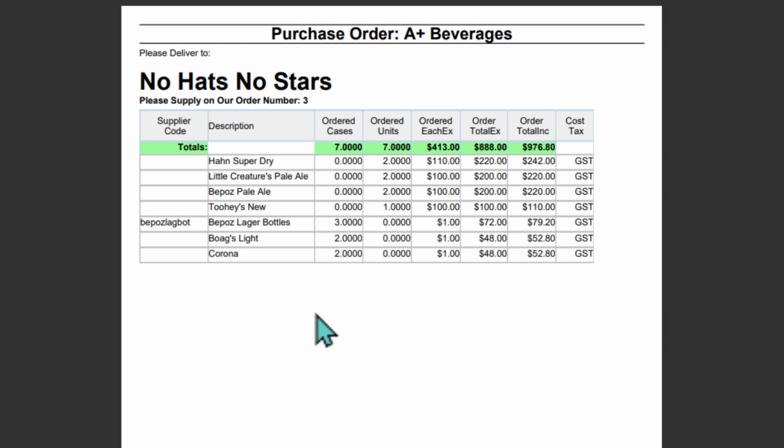As I mentioned in, I believe it was the last lesson, we do have a supplier communications component that we could set up to electronically send a purchase order to a supplier after it's been generated, but in our case we don't have that set up, obviously. If we did, we would have another prompt pop up after we have posted the purchase order asking if we would like to send it electronically. Obviously we don't have that set up, so in our case we'll say that we are printing this to PDF,